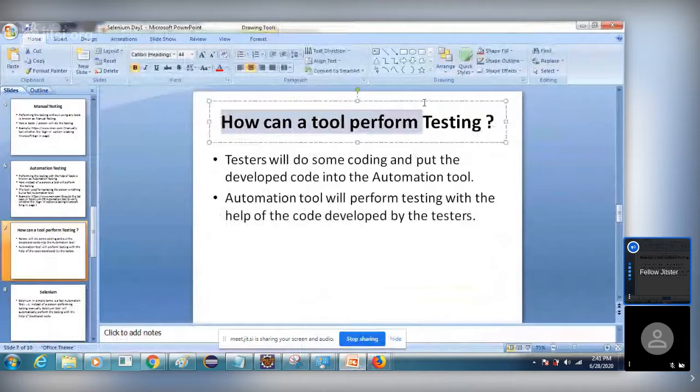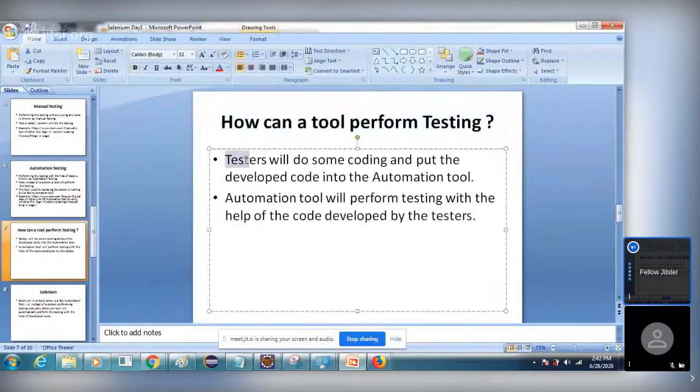Next. Now, how can a tool perform testing? Testers will do some coding and put the developed code into the automation tool. And the automation tool will perform testing with the help of the code developed by the testers. That means